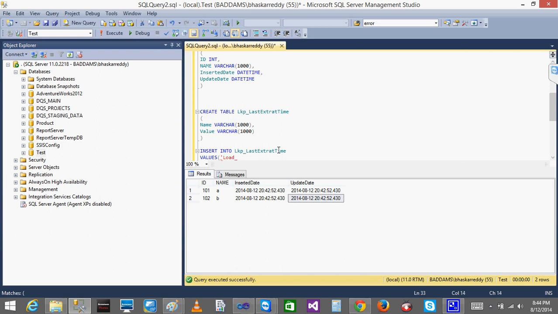We'll normally give the names accordingly. Value I'll be giving as some date. Let's say we'll start the values from the beginning date, maybe 2001-01. Just we'll give some default values. Okay, we'll store that value. That's it, nothing to worry about that.